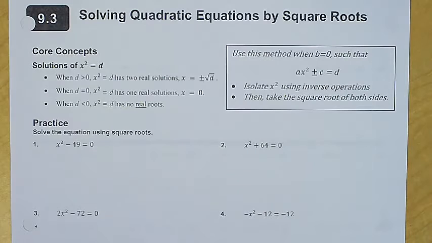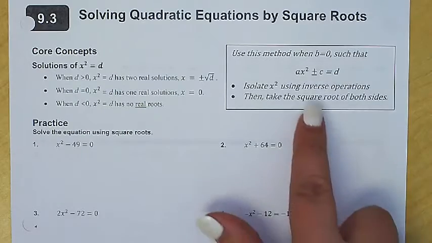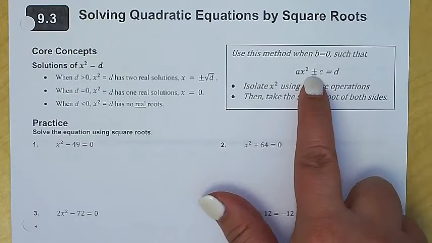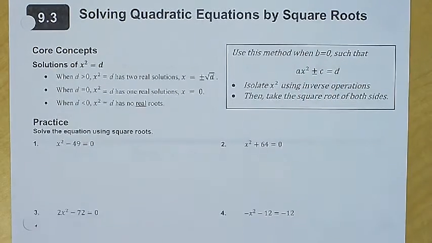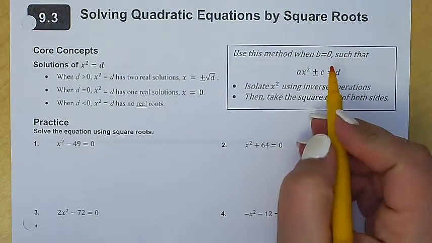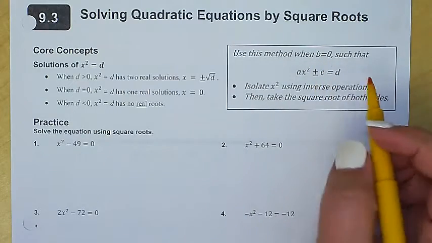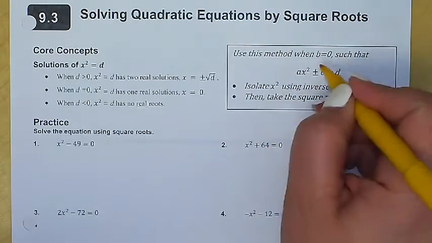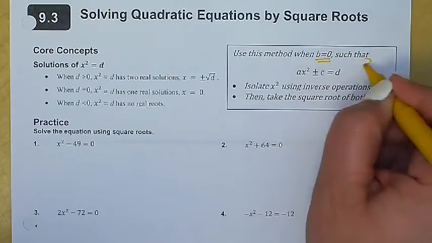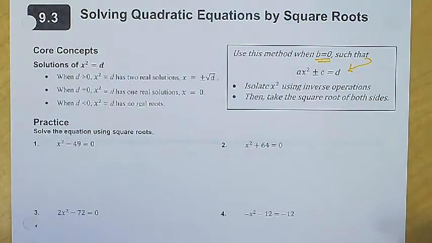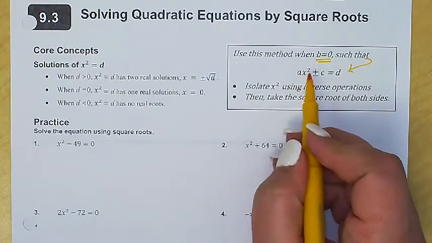This might be my favorite, what I think is the easiest method when I'm allowed to use it. The catch is that it only works when b is 0. So I really can only get away with using this particular method when b is equal to 0 and I don't have the entire trinomial. That middle term is missing. But if and when you have this scenario, this is a phenomenal choice because it kind of solves the